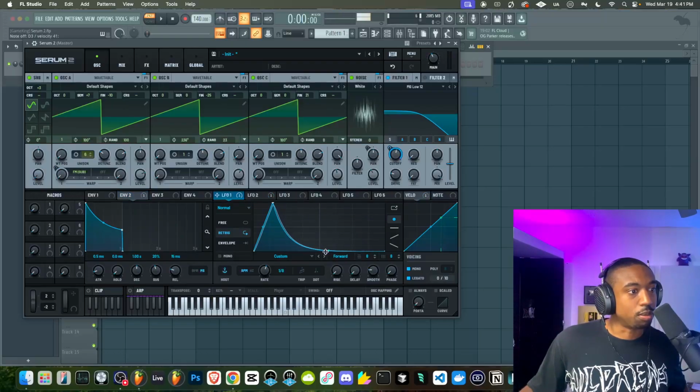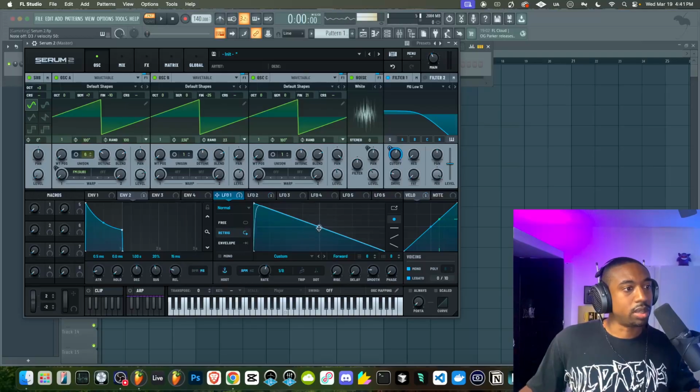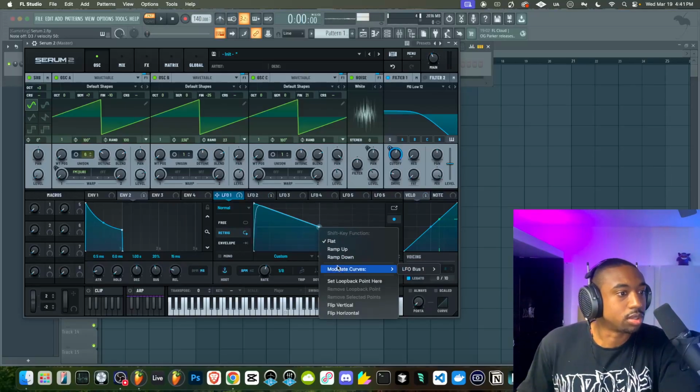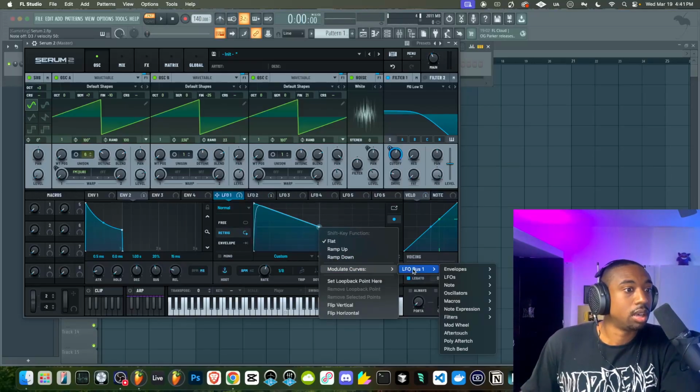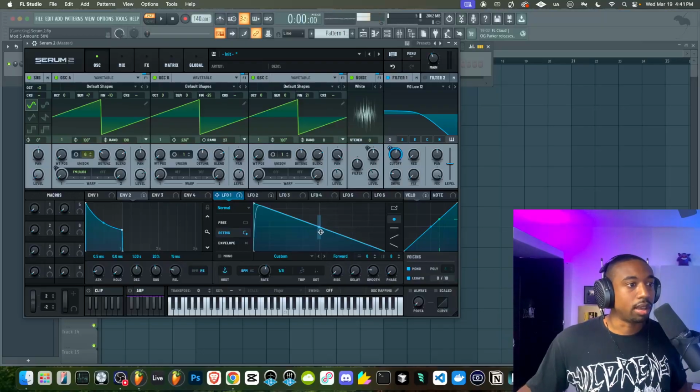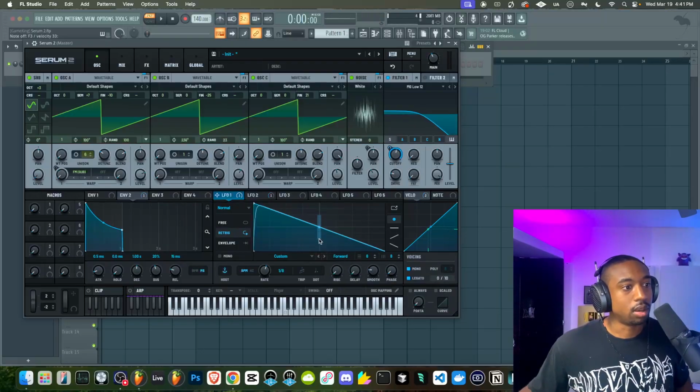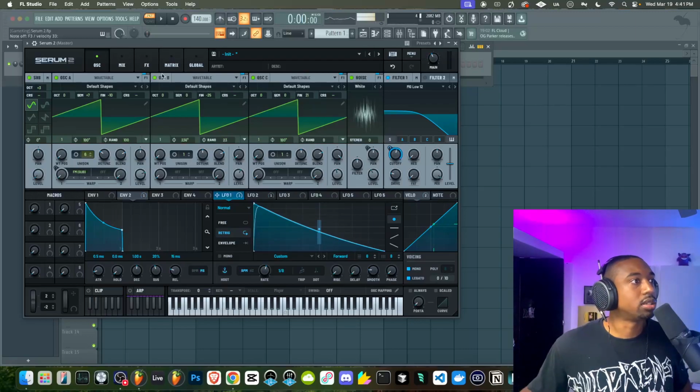Let's make this LFO more sharp. I think there's a way to modulate even the curvature. So we can modulate the curve of the LFO1 bus. Let's modulate that by the velocity. So basically I can make this more concave or more convex depending on how hard I hit the key. And I can set this range. I don't know how to do it from here, but let's do the range from the matrix.